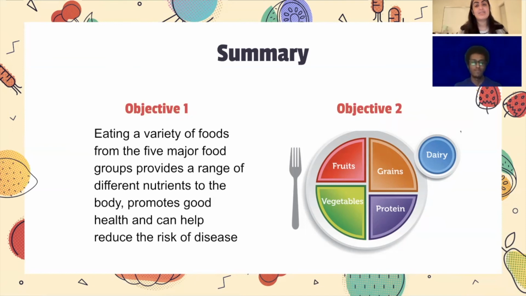Then objective 2: we talked about the USDA MyPlate recommendation. So make sure your plate looks a little bit balanced. Maybe some days you aren't able to have so many vegetables, or that much protein. But it's all about holistically how much you're eating and how many nutrients you're getting into your body. Definitely try to vary your proteins and your grains so you're not getting bored and your body's getting all those great benefits. This is a great place to take a screenshot. Just keep this in your records and come back to it, and definitely refer to this video if you have any other questions.